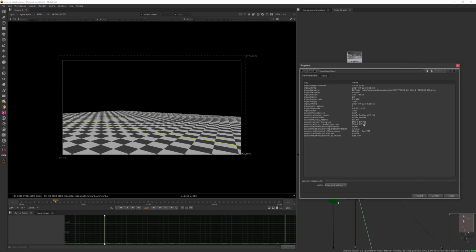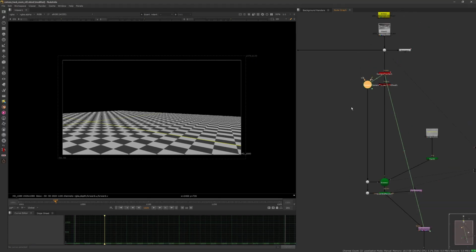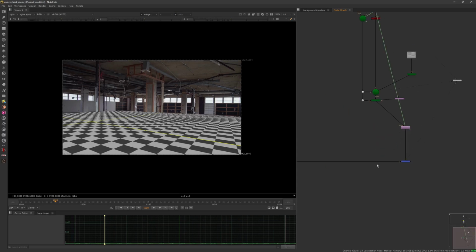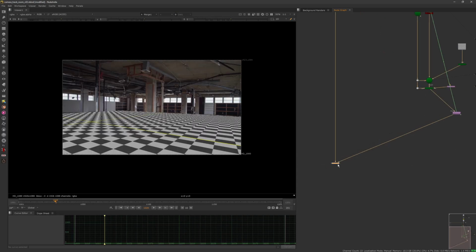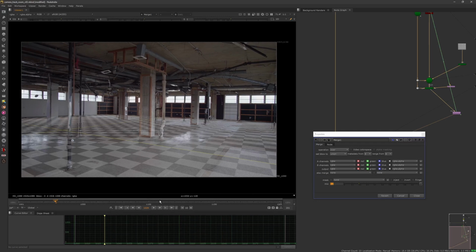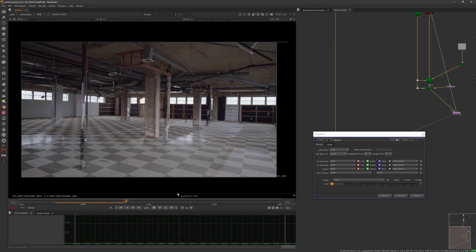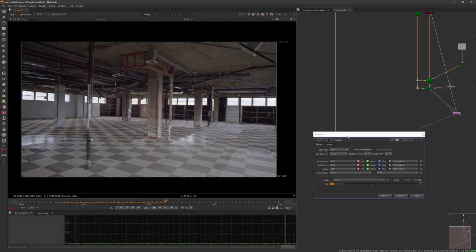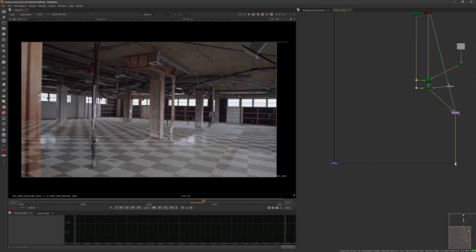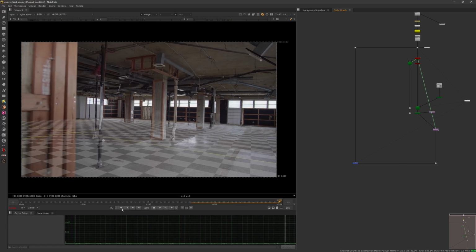This is not a match move task. This is me showing you guys what would be the approach in comp to do a lot of stuff in the shot, starting with the camera tracking and modeling the main objects in the scene. So then your actual task in comp, whatever it is, can be